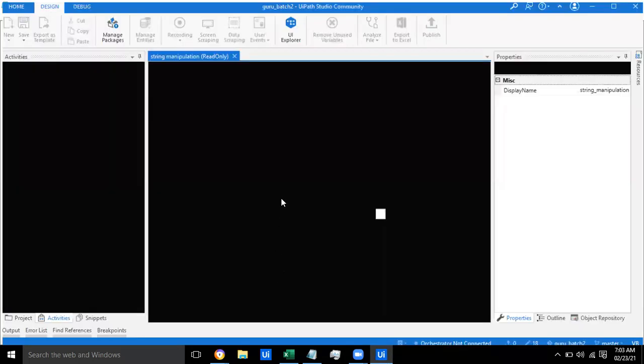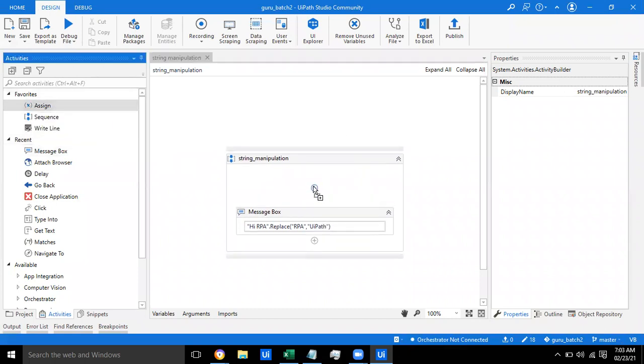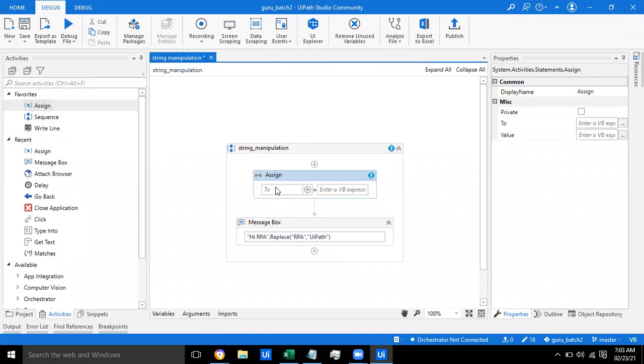Now I am going to create a variable. Control K. Let me create it as just var1.